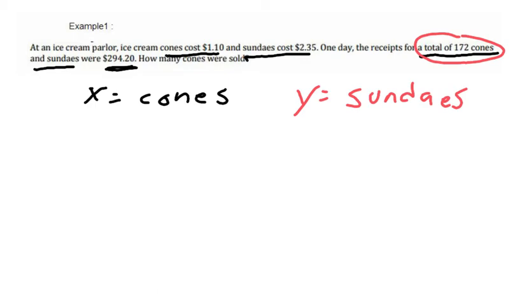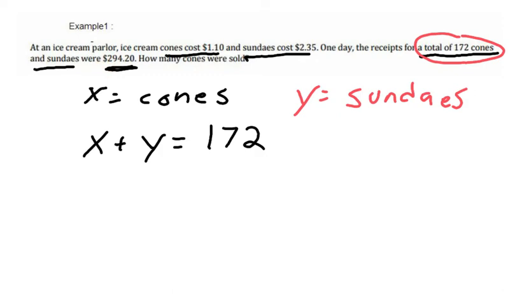So I know that, say, X plus Y equals 172. Okay, that makes sense. 172 total. Okay. Well, for my other equation, I know I sold a total of